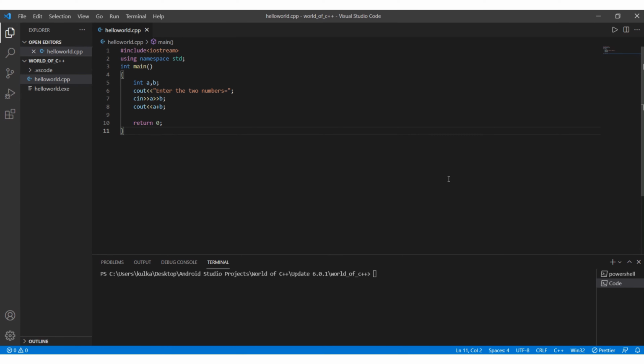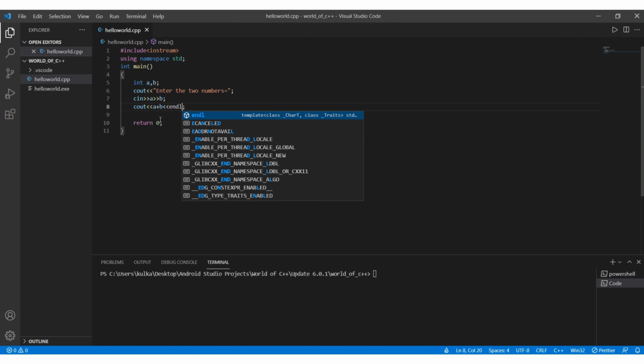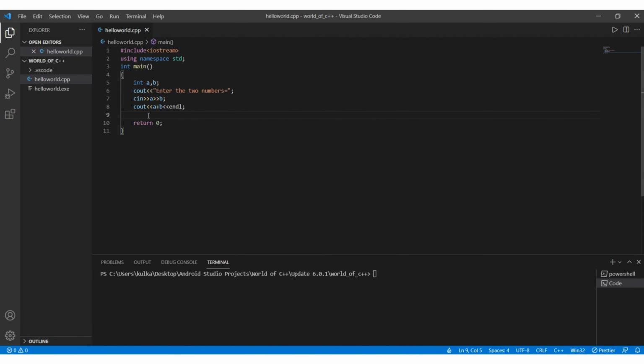Now what you have to do is write a program to subtract, multiply and divide the two numbers. Make sure you try it yourself, stop the video. Now let's see how we can do it. For that I will copy this, but first of all I will write endl here to get the output on a new line. This is similar to slash n which we saw earlier.